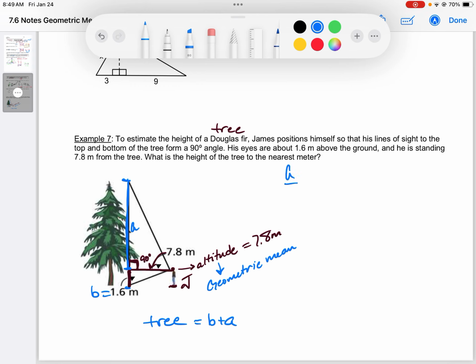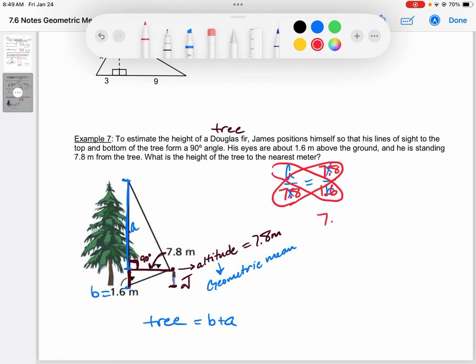So we're going to use our formula, A over X equals X over B. And we know that our X value, our geometric mean, is going to be 7.8. We can replace that with 7.8 because that's the number we've already found. And then we also know that our B value, if you look, it is our adjacent side right now, but it is going to be 1.6. And so we would cross multiply,